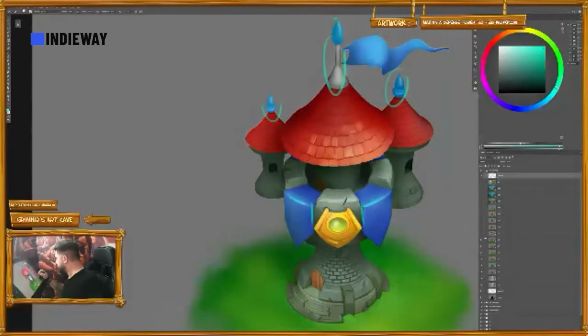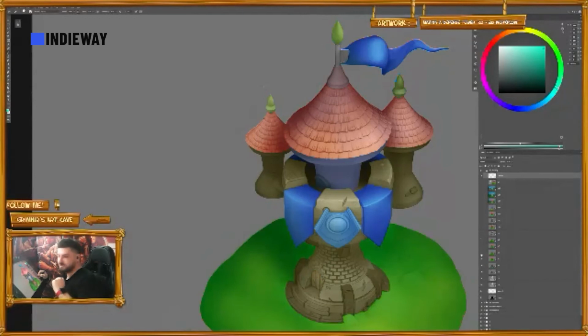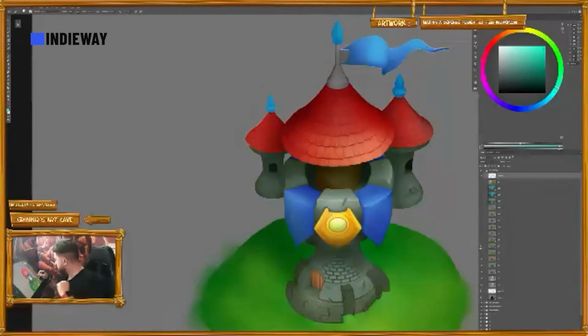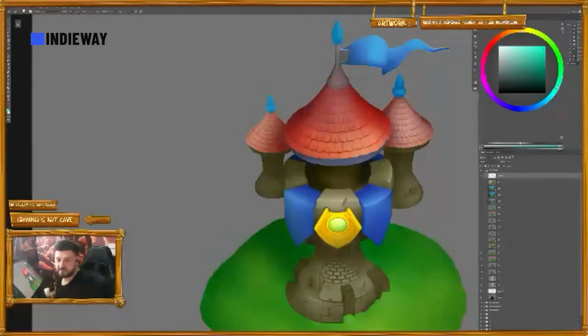Oh, yeah, I do use different techniques over there. I use blending layers over these stages, just to find out what I want. Then